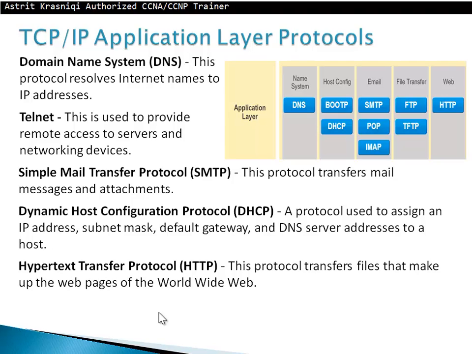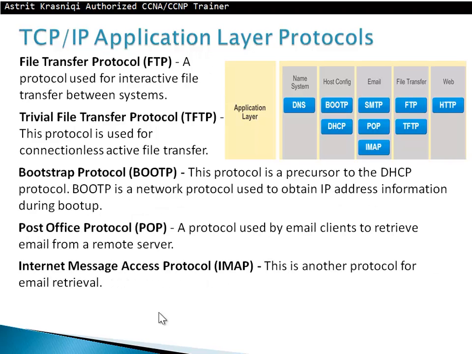So this protocol assigns IP addresses and other information to each host. Hypertext Transfer Protocol, HTTP. This protocol transfers files that make up the web pages of the World Wide Web. Then another protocol that we have is the File Transfer Protocol, or FTP, a protocol used for interactive file